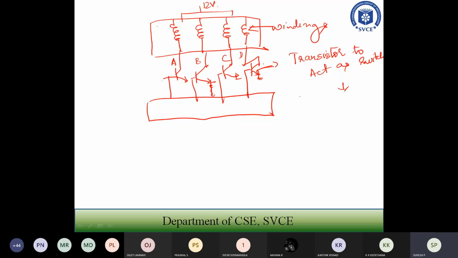In some books they refer to it as a driver circuit. What is it to drive? It is going to drive the circuit for the motor. Which type of motor? Stepper motor.